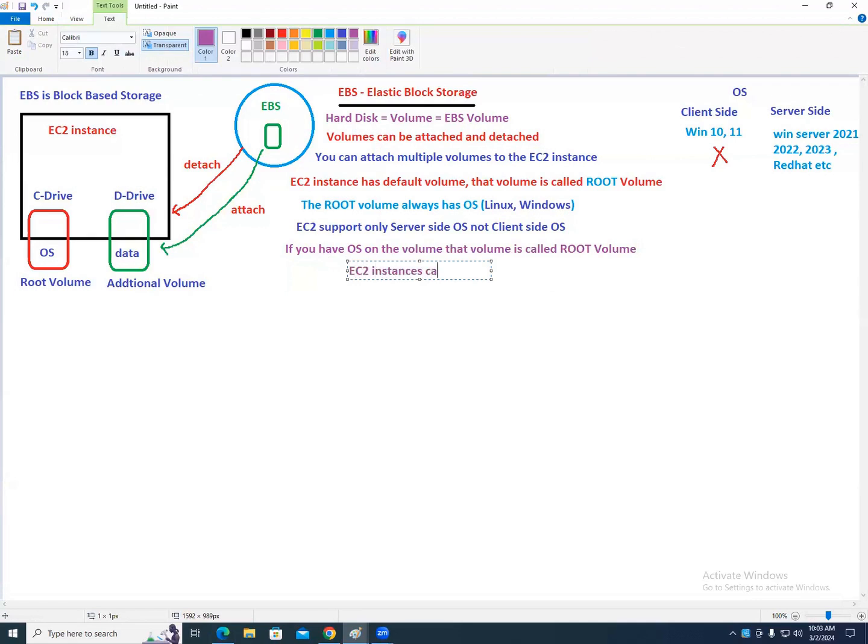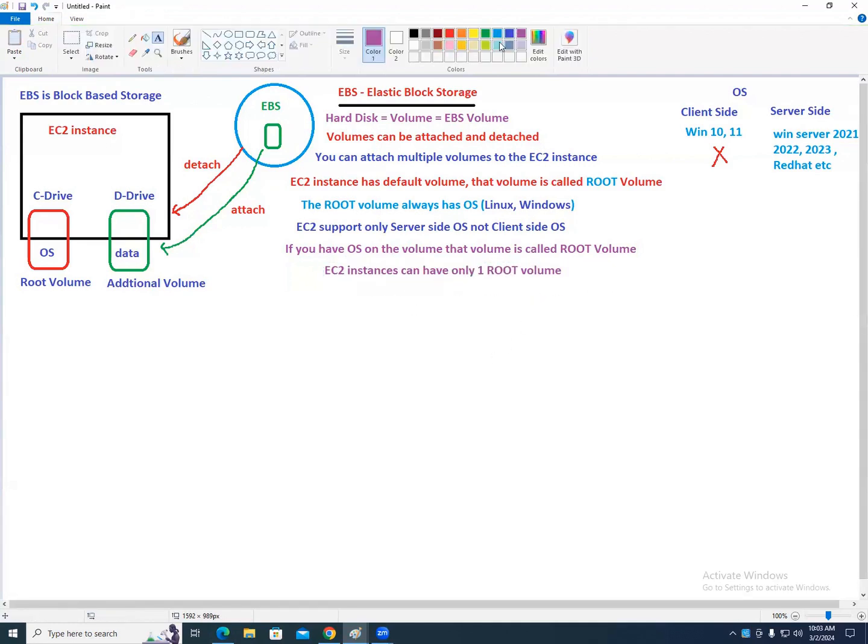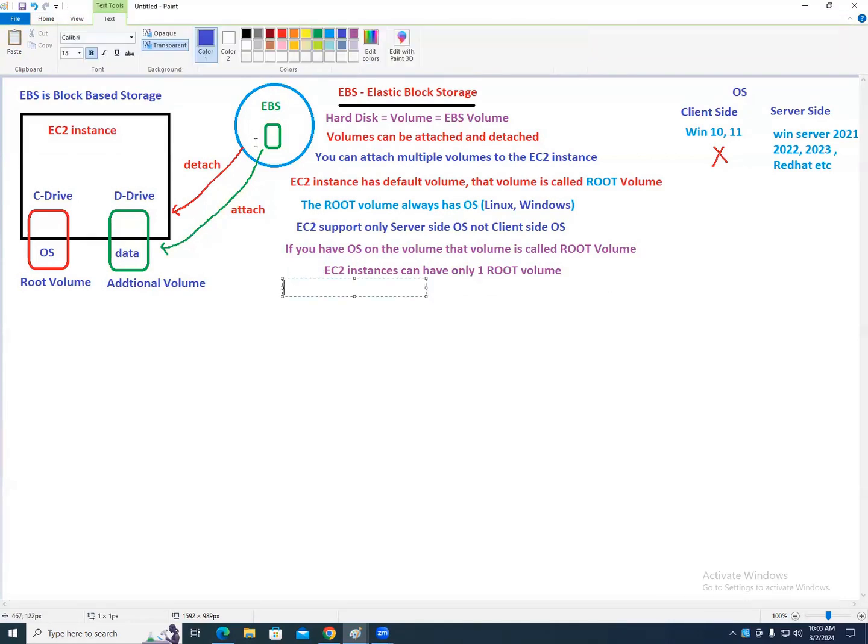EC2 instances can have only one root volume. Can an EC2 instance have multiple additional volumes? Very good. EC2 instances can have multiple additional volumes.